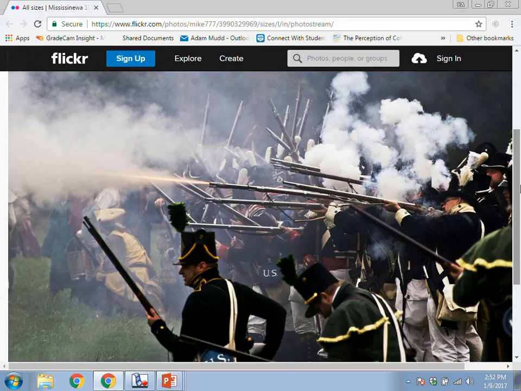Now, here's the thing, you see all this smoke? It makes it really hard to see anybody. And if you're trying to shout, it's so loud, you can't hear the guy standing next to you. So what you do is you get a musician, usually a fifer and a drummer, to coordinate sounds that they can hear. The commanding officer will say something like prime and load, and then the drummer will drum a beat that everyone can hear. That means prime and load. The sound for that is, by the way,